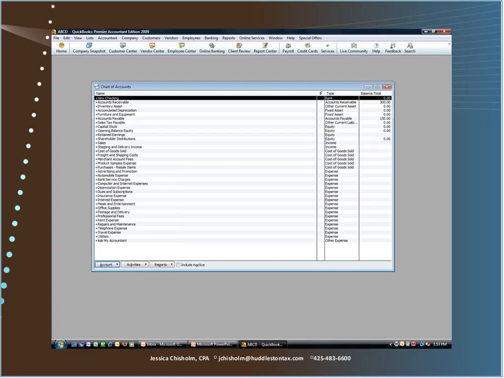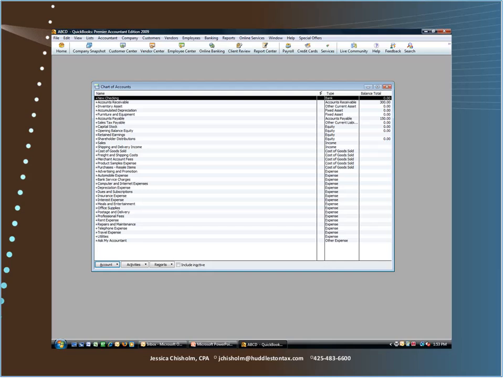what you would need to do is have your chart of accounts open like this, go back under Account, and there'll be an option that'll say Show Inactive Accounts. So once you show the inactive accounts, that old checking account or whatever accounts you made inactive will show back up in your chart of accounts, with a black X on the left-hand side of them. If you need to make them active again for posting, you just double-click on that black X and they'll be